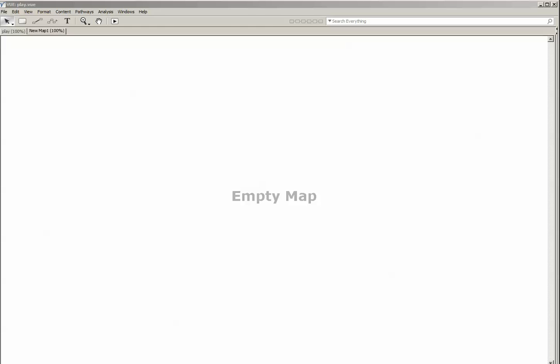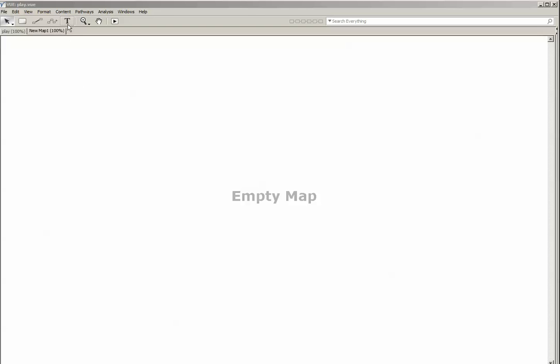Understanding Environment. And this is how it starts when you open it up, with an empty map. As you can see, here's the empty map right in the middle. First of all, to create a concept map, you really need to have a question that you're asking. And the question I'm going to use for this is the characteristics of children's playgrounds that contribute to